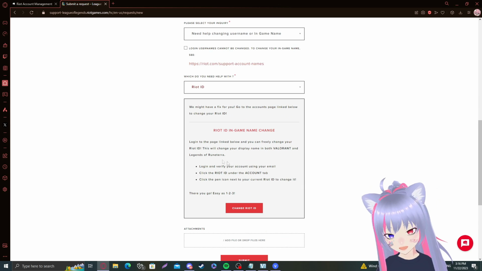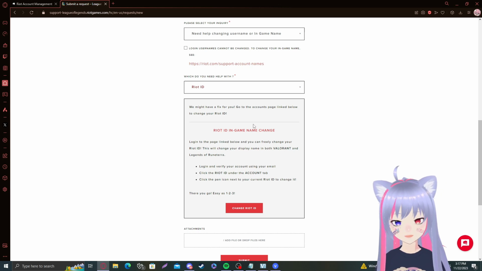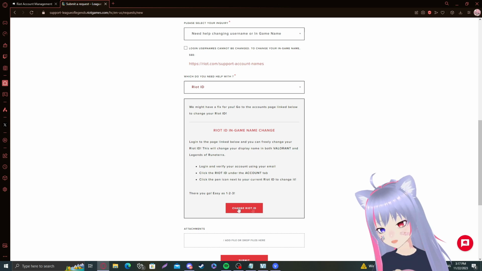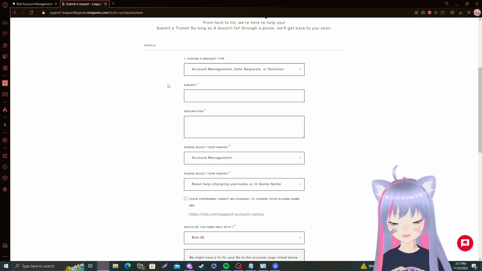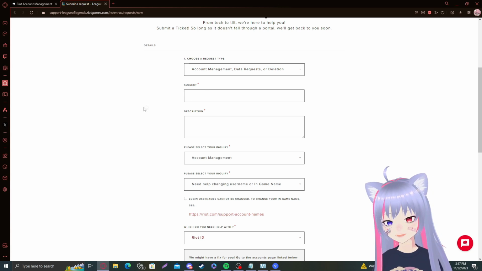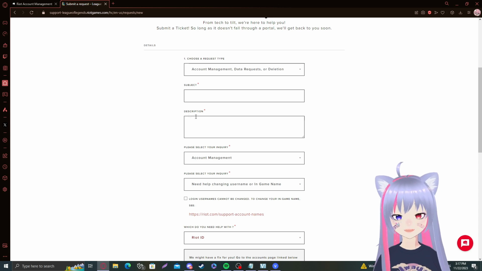Okay, so it's going to say we might have an easy fix for you, blah blah blah. We already tried this for people; this is the main method, method 1. It didn't work, so there's nothing you can do here. And basically all you can do is write them an email. This is support, so you're going to open a ticket and write a subject, hey, I cannot change my name, and in the description you're going to explain why you cannot change your name.